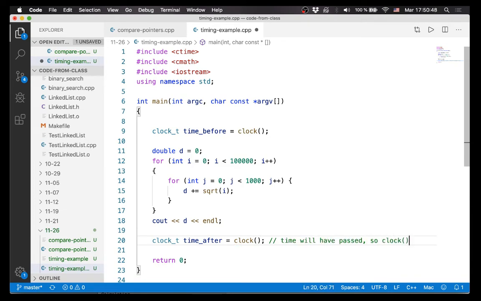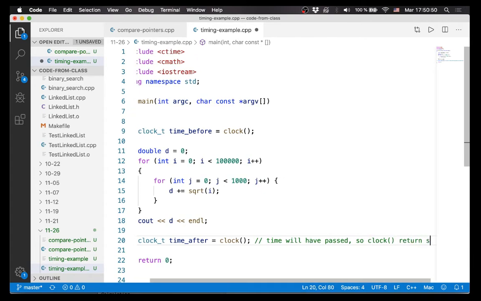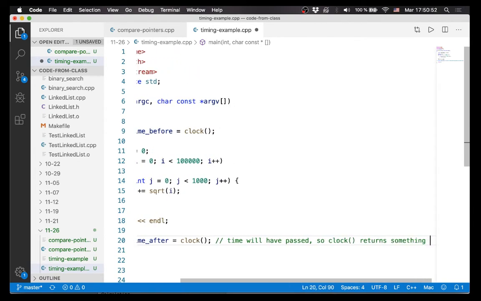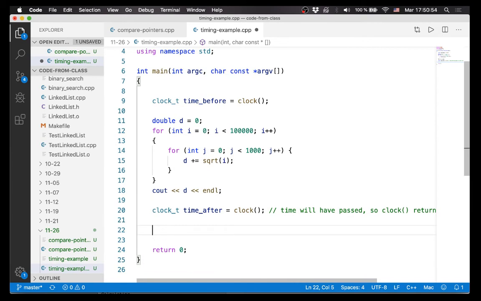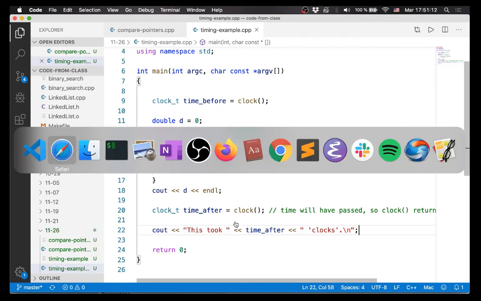So clock returns something else. And so if we print that out, this took blank, and that's called clocks. It's some random type that it's made for itself that doesn't really have any